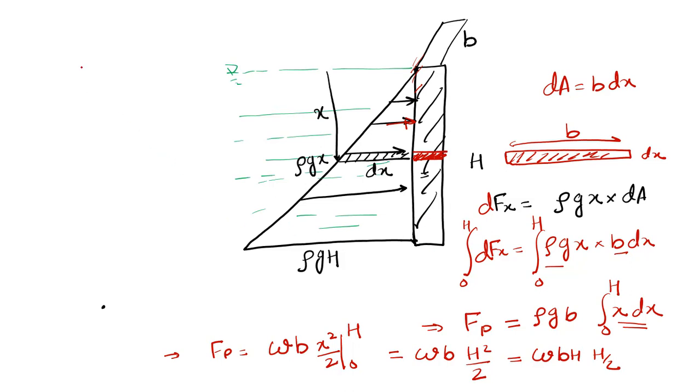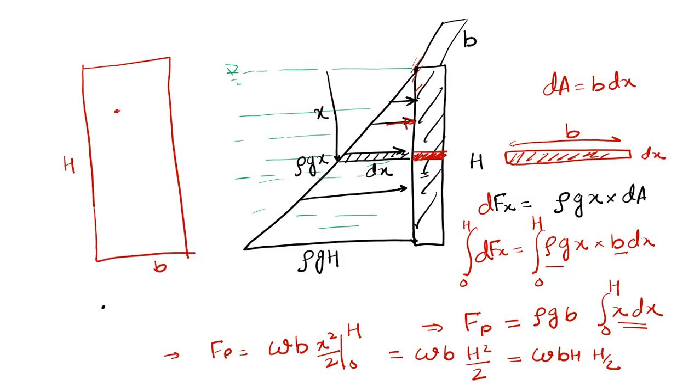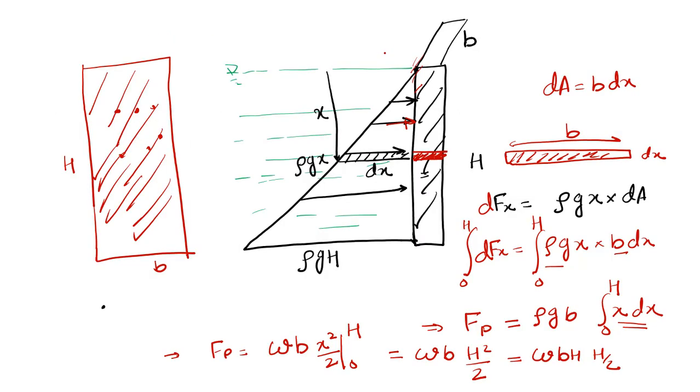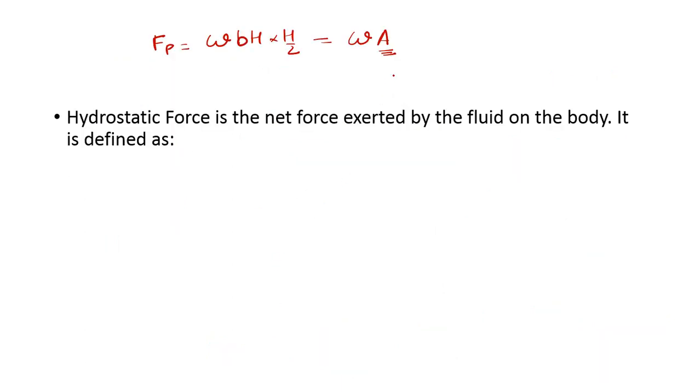If I draw this wall, the complete wall, side view, BH, right? So the pressure will be acting normally on this. So this will be the complete area on which the pressure will be acting. This is the normal area of the wall or the surface. And if I calculate this surface, what is the center point, that is CG. What is the CG here? CG of this will be h by 2 from the free surface, right? So CG, call it the x bar.